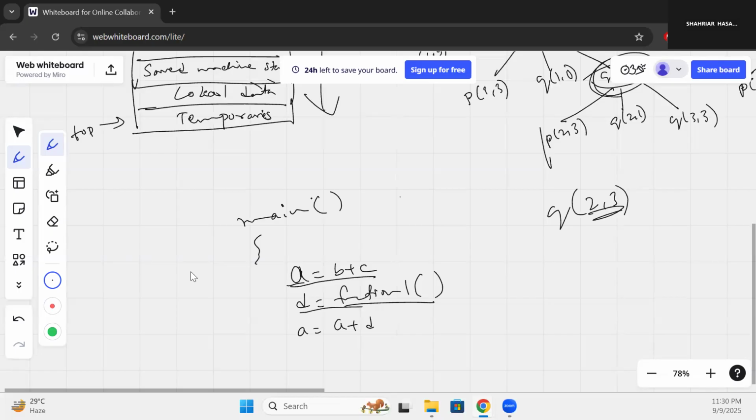Now, if we're calling this function 1 and getting the return value into D, and immediately after the function call we add A with D and assign this value to A, then if we don't store the value of A, we will be at a great loss. Why? Because A has been lost, and we won't get the actual result. Hence, this portrays that we need to store or save the status